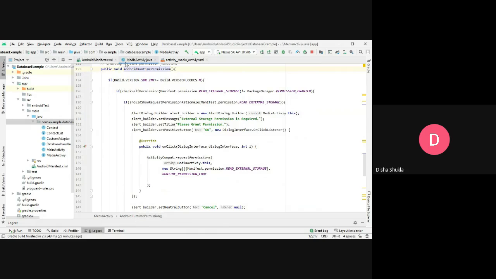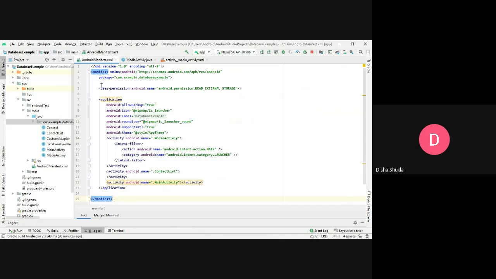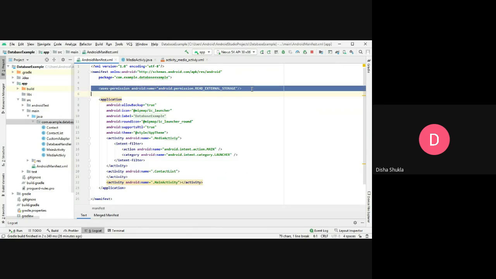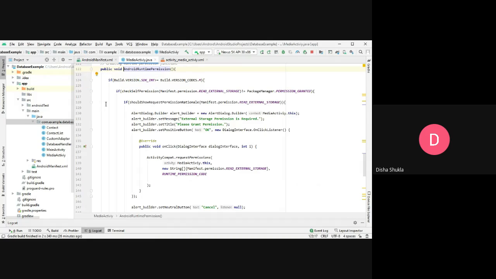See, before that, we need to put the permission inside your manifest file. Inside this manifest file, because I am reading the external storage device, I am taking the permission called android.permission.READ_EXTERNAL_STORAGE. So this is how I am mentioning what kind of a permission I want. There may be possibilities that you want to use lots of permissions, like you need to get lots of permissions from the user, so you can list them out over here, and that list you will be getting inside this particular method.